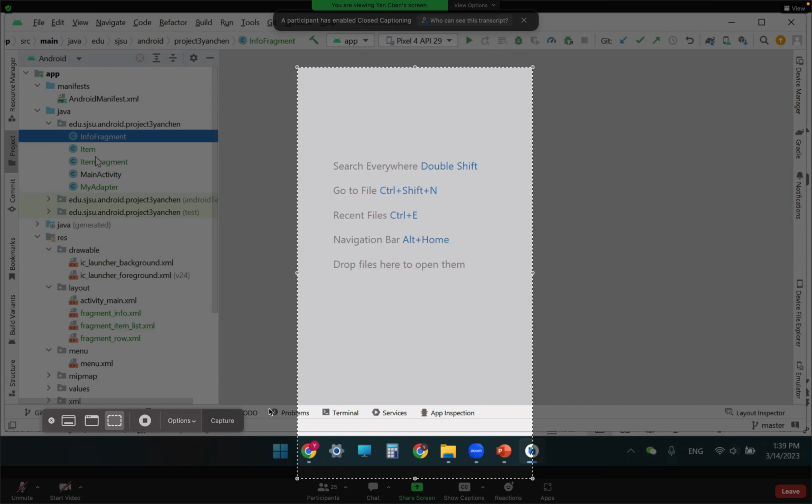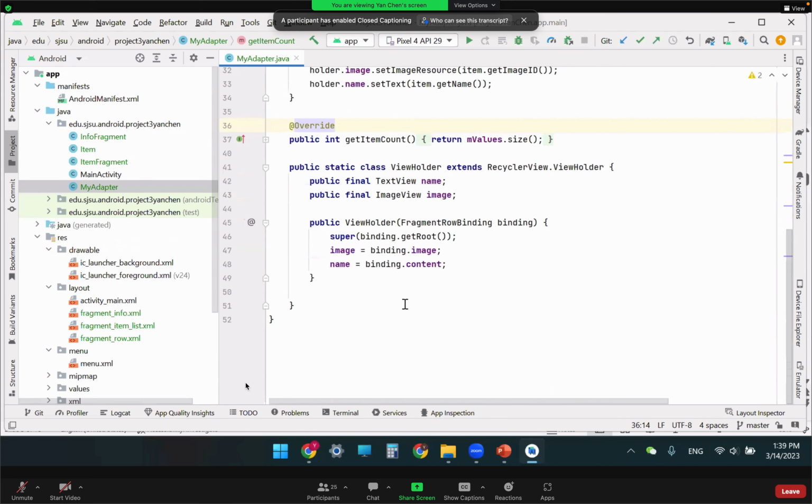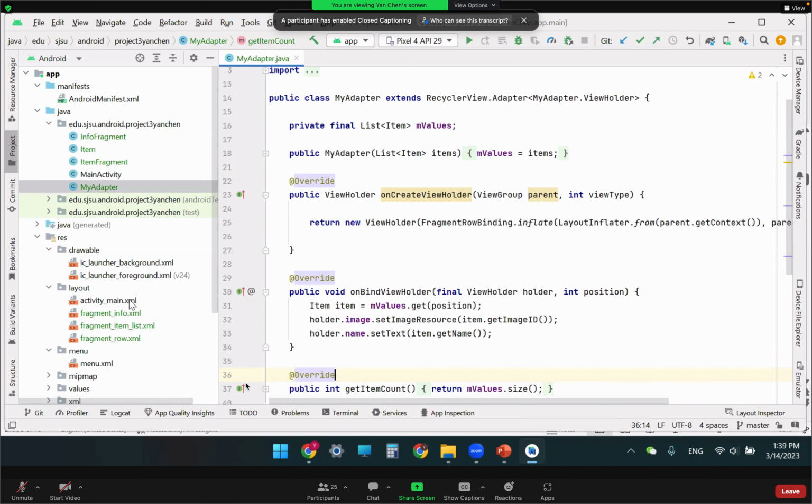Okay, so last time we finished the adapter and the fragment, but we haven't really placed it in the activity yet. And today we'll do the navigation. So I guess first you need to add a